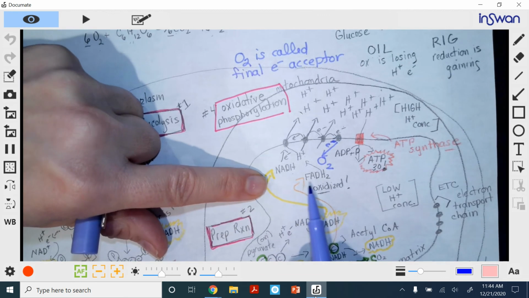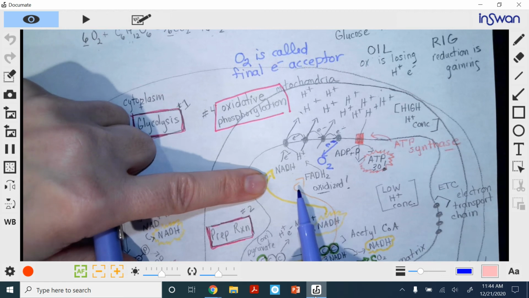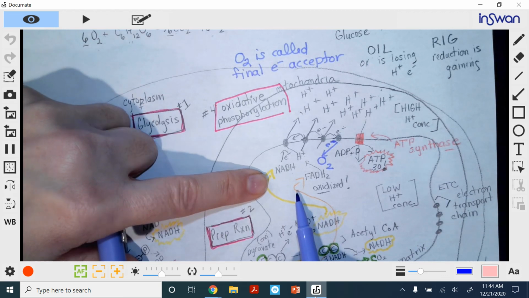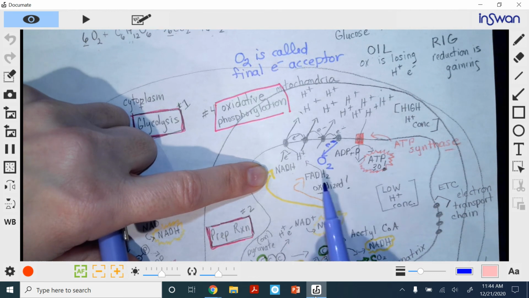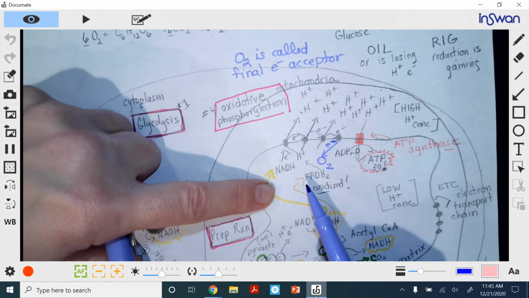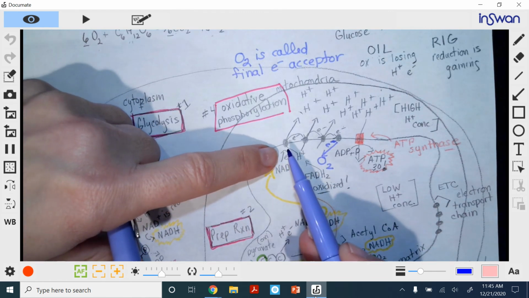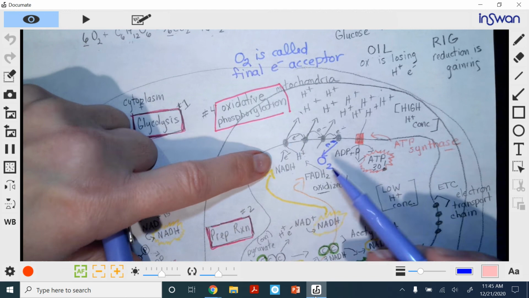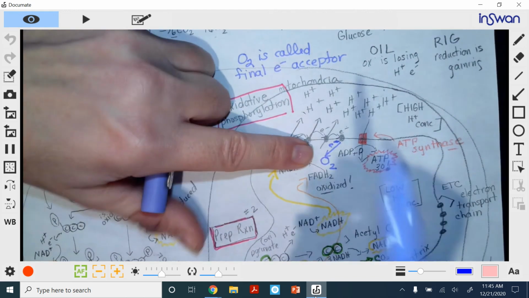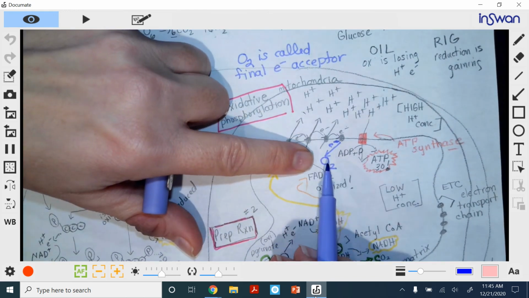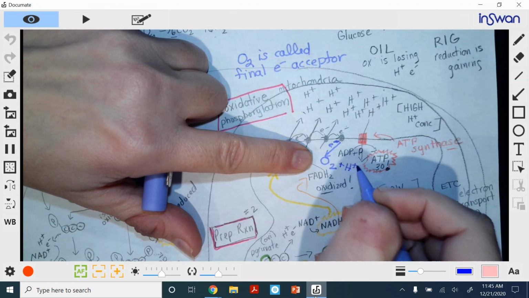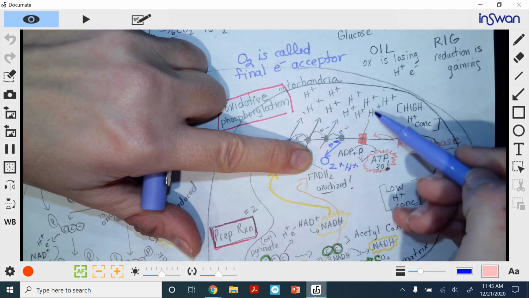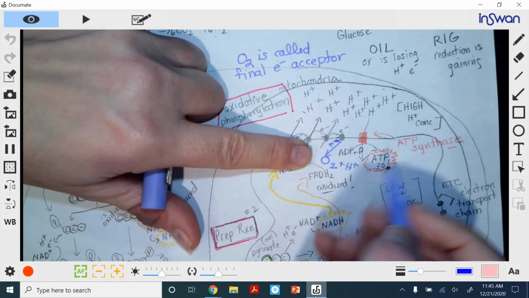Even our NADH and our FADH2, we made a bunch of them, but they can't unload. So imagine buses pulling up to the school, but they can't drop off the kids because the school is too full. We have to remove some of the kids out of the building for there to be room for them to release those protons and electrons, okay? All right, now, if this takes on electrons and it also binds to some of the H pluses, because remember the H pluses are flowing in,